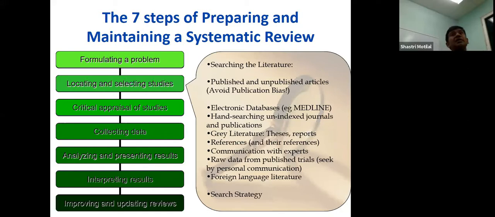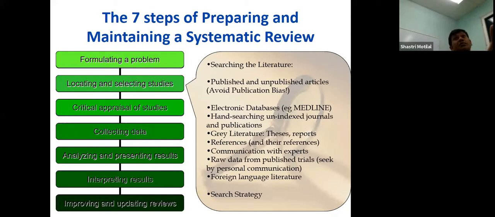Publication bias is the inherent tendency in all journals because at the end of the day, people want the journal to look good and to sell. It's a business. So they want only research that looks fancy and grabs attention to be published. So it means what you're reading in the literature is already slanted towards making the treatment look good.